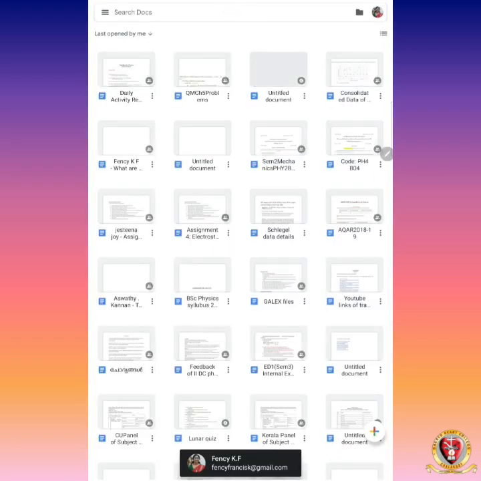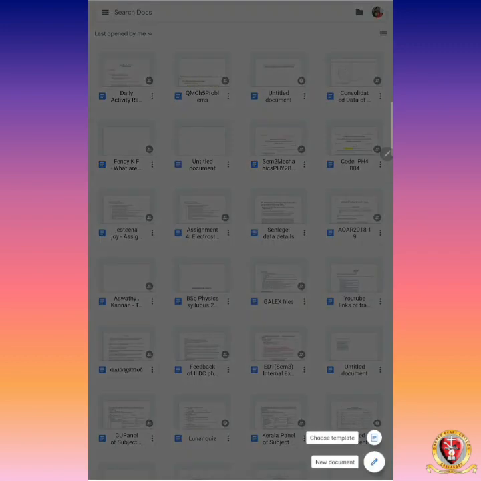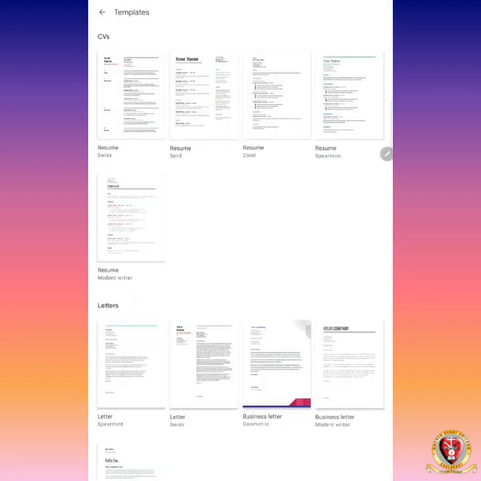So this is the home page of Google Docs. I have created several Google documents. You can create a new document by clicking this plus button. Then they will ask for a template. If we want a particular template, we can choose it.